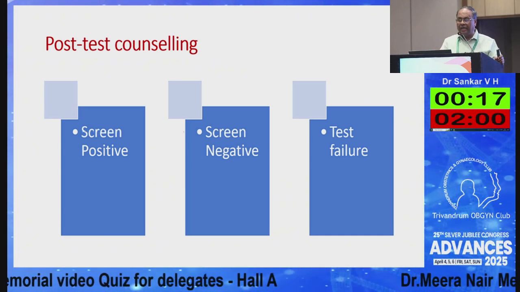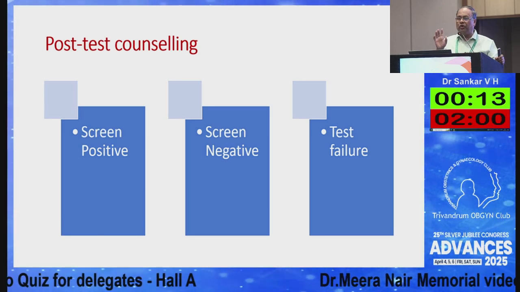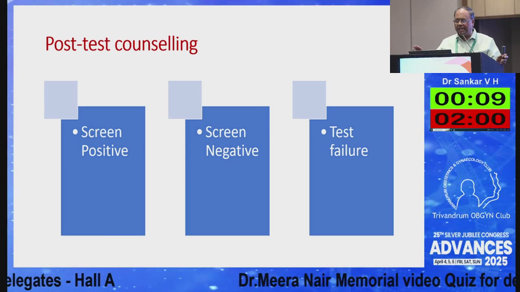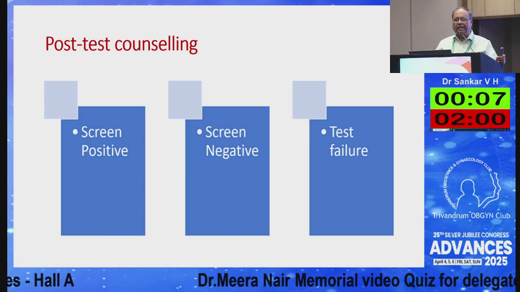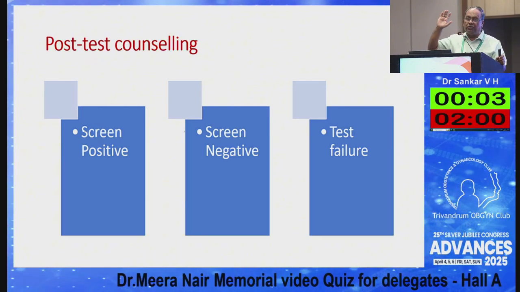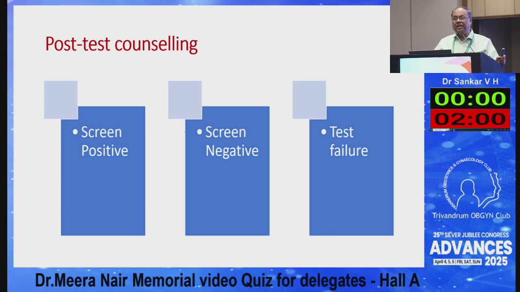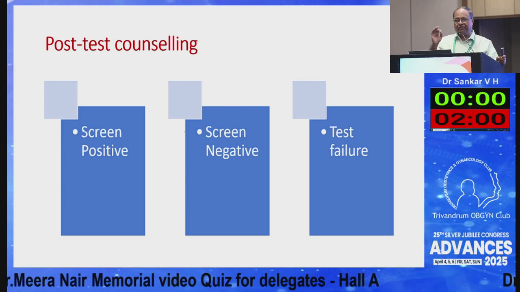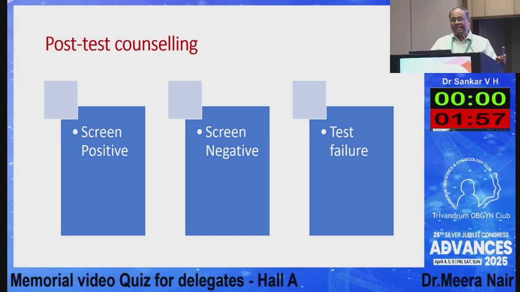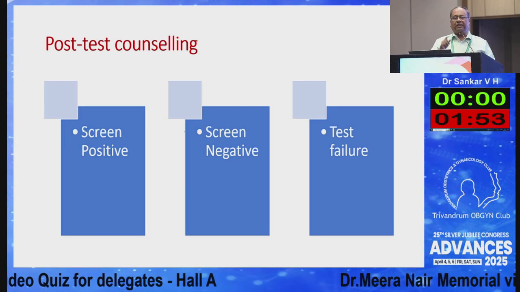But at the same time, please counsel that we have looked only for these 4 or 5 aneuploidies, not other genetic disorders or other chromosomal abnormalities. Because they will feel that we have done a test worth 10,000 or 15,000, where cfDNA has been done, and the baby is 100% perfect, with no genetic abnormality, an ISO certified baby. That cannot be guaranteed, that has to be counseled, and it has to be combined with ultrasound and other